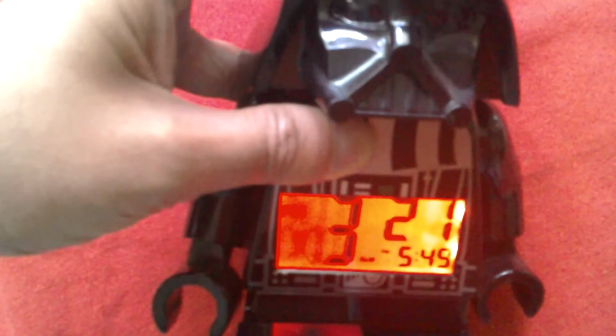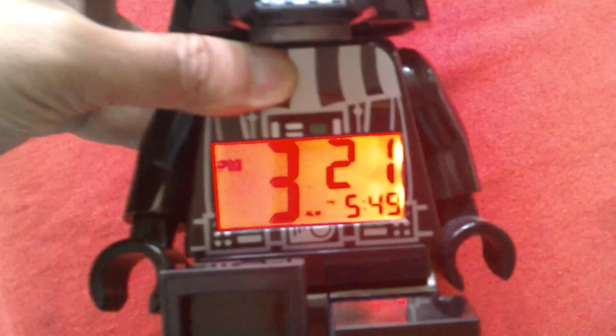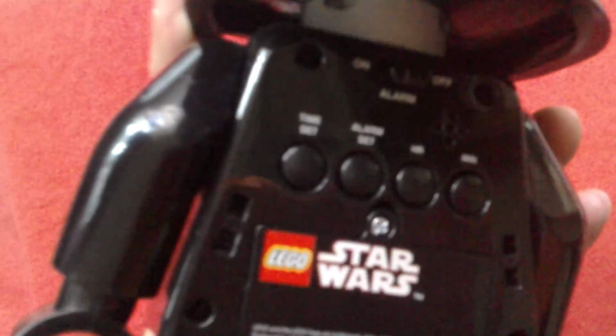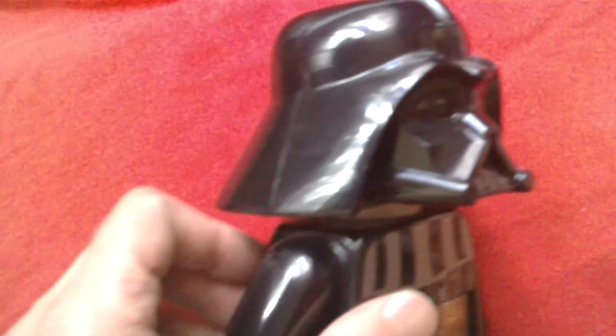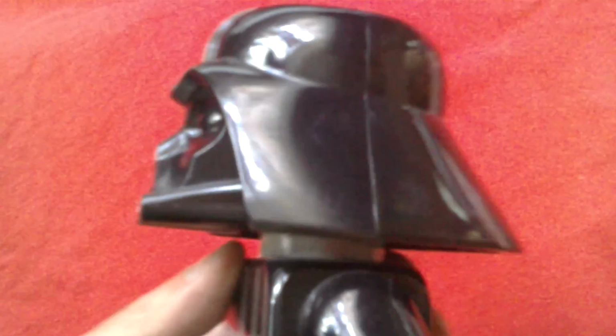So that's your Darth Vader minifigure clock by Xeon as well. And that's the time. Okay, and that's the alarm. 5:45 in the morning. Okay. The batteries go in the back there. I think this comes with batteries as well, so it's quite useful. I think these sell for about 20 quid. You can get other different characters from the Lego world. You can get the guy from...